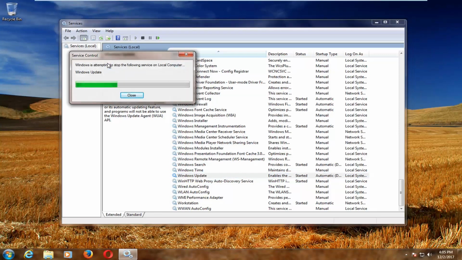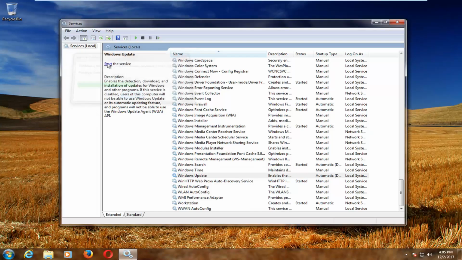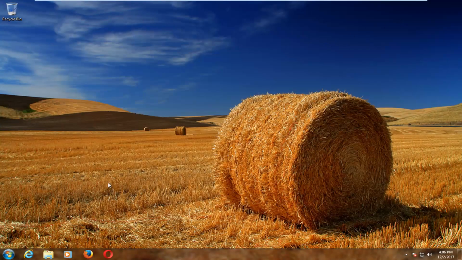Please note we're not permanently disabling either one of these. We're just turning them off until we restart our computer, because we're going to be clearing the Windows Update cache. So just be patient. Once you've done that, we're going to close out of the Services window, open up the